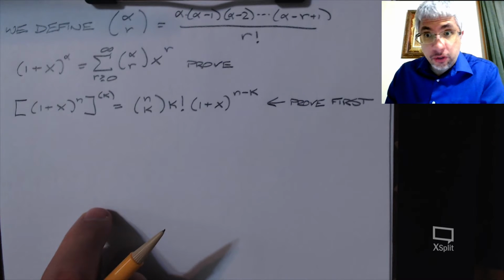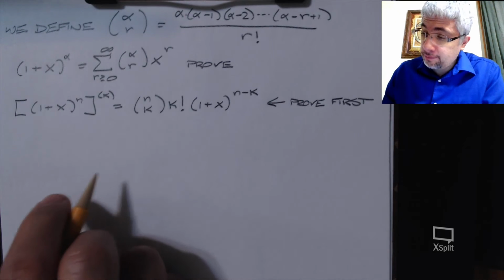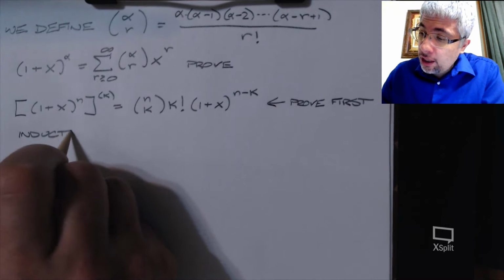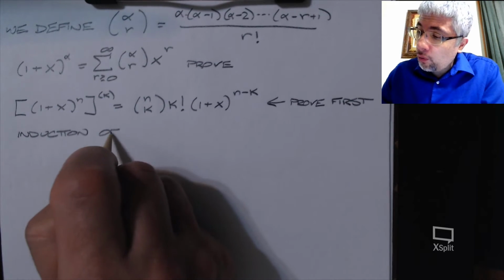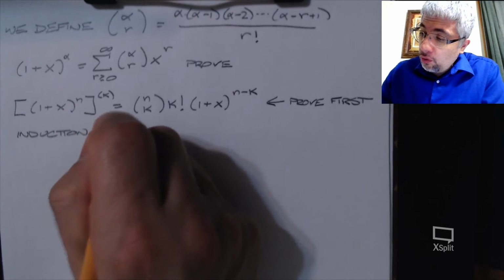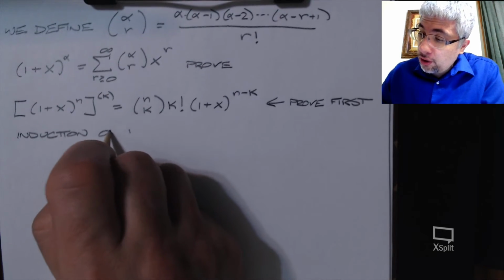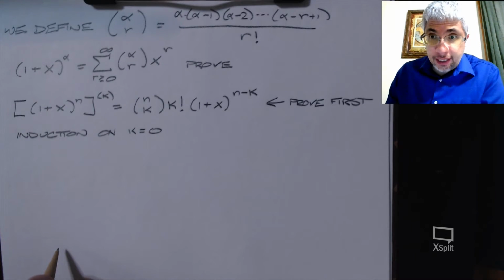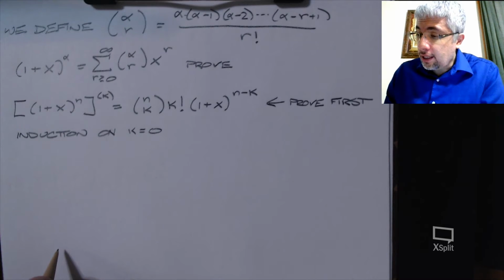How might we do this? Well, let's start with induction. What are we going to do induction on? We'll do induction on k. So what do I mean by that? Well, I mean we're going to show it works for k equals 0, regardless of what our n is at the time. And then